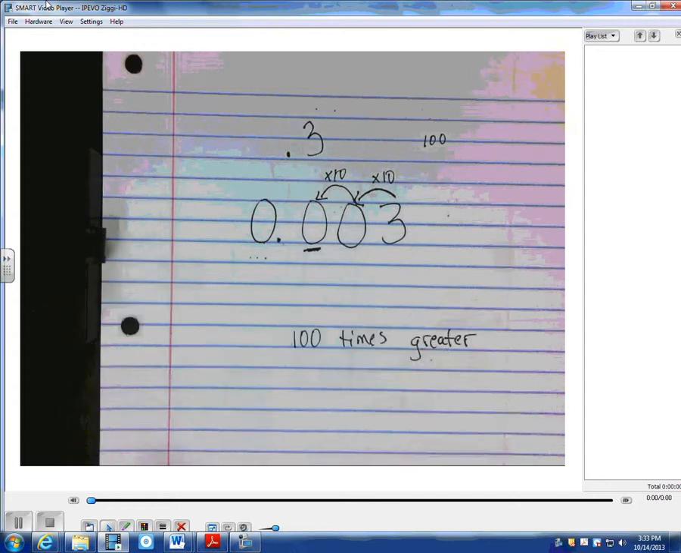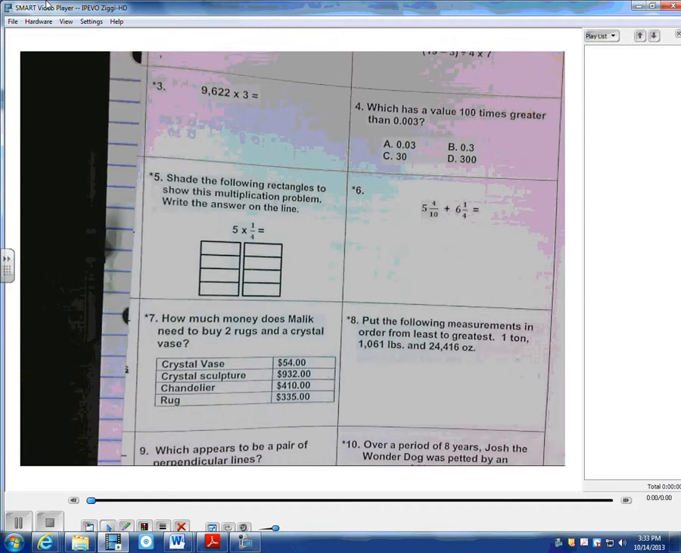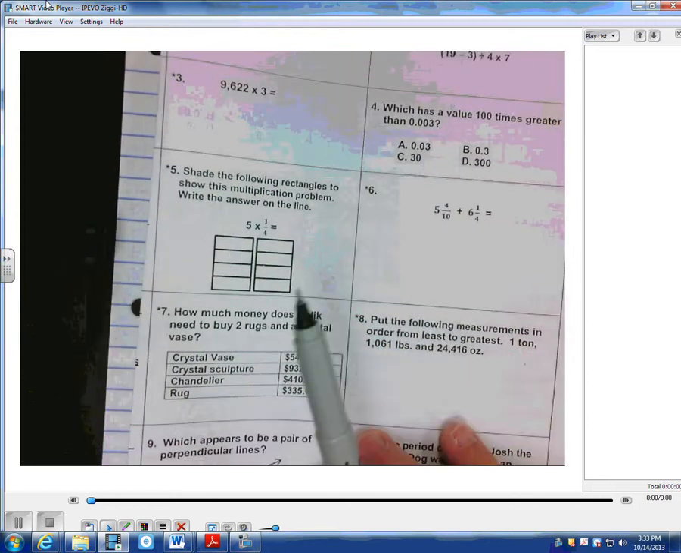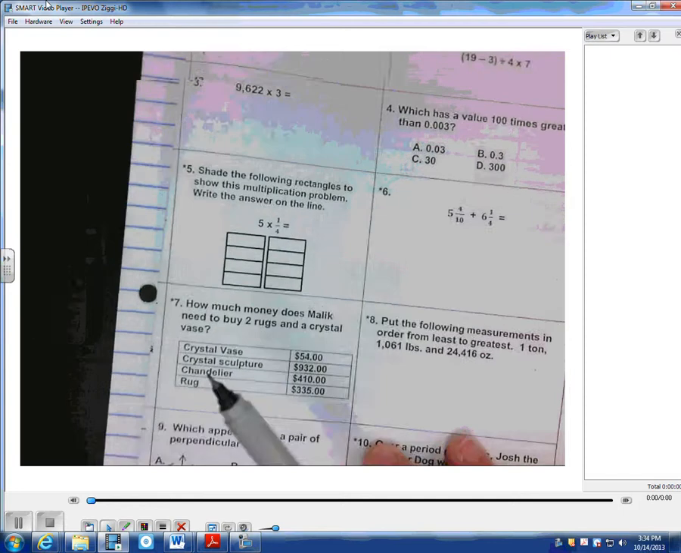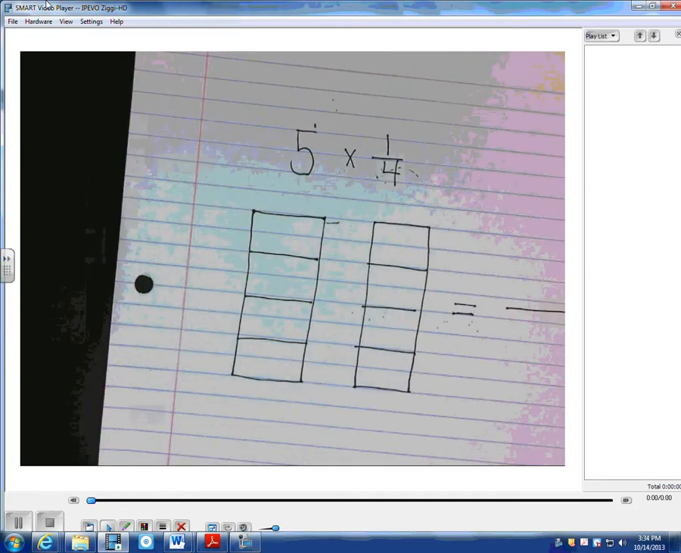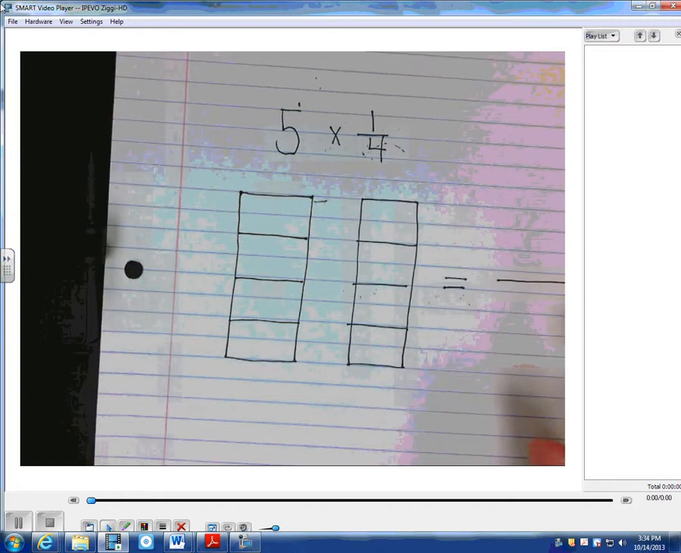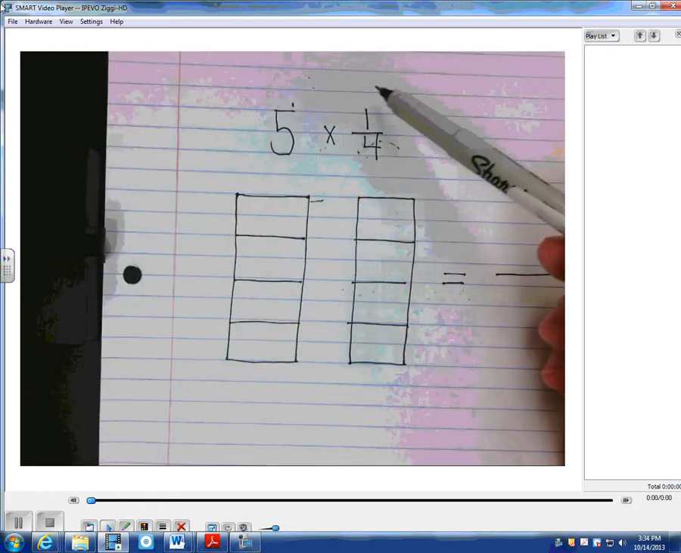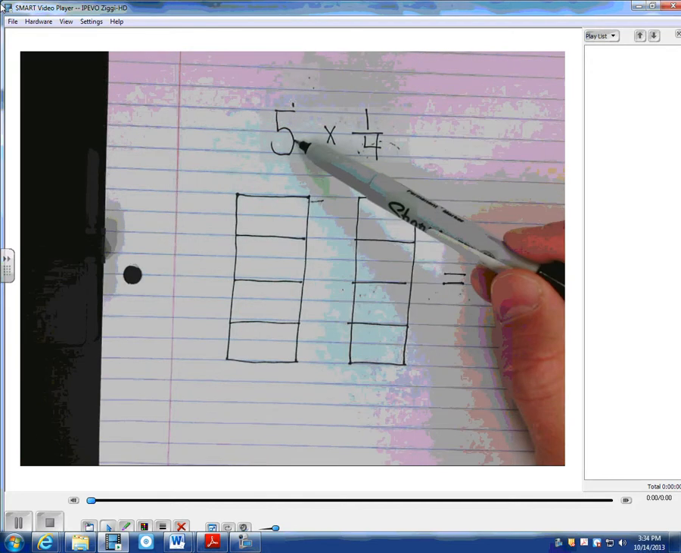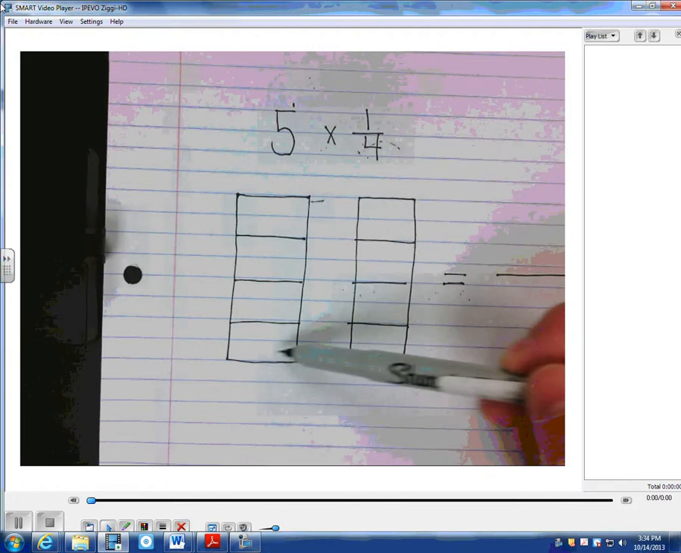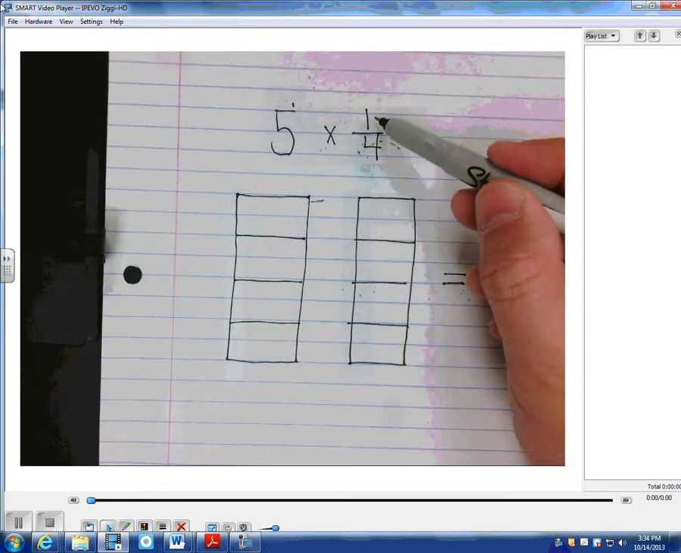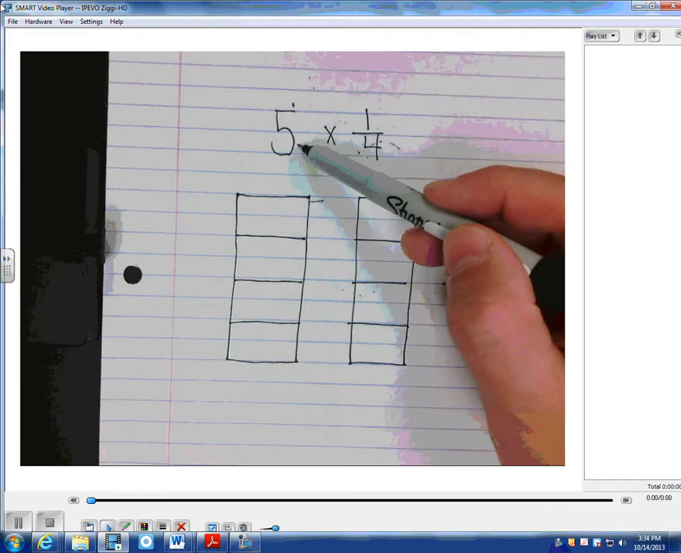And let's look at number 5, the last problem. It says shade the following rectangles to show this multiplication problem and write the answer on the line. So your multiplication problem is 5 times 1/4. Okay, so let's look at this one. So we have 5 times 1/4. They want us to shade in the number of rectangles for this answer. Okay, so I know 1/4 is what they're telling me I need to do, and I need to do that 5 times. Okay, so these are broken up into fourths, as you can see, 1, 2, 3, 4, and 1, 2, 3, 4. So I'm just going to shade in 1/4 of those, and I'm going to do it 5 times. So this would be 1 time,